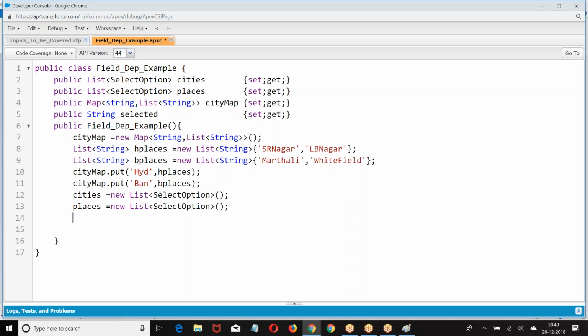Now what do we want to do? Get the set of city names. Where are the city names? In the map, we have taken the city name as a key and places as a value. City name as a key, places as a value. So what do we have? City map dot